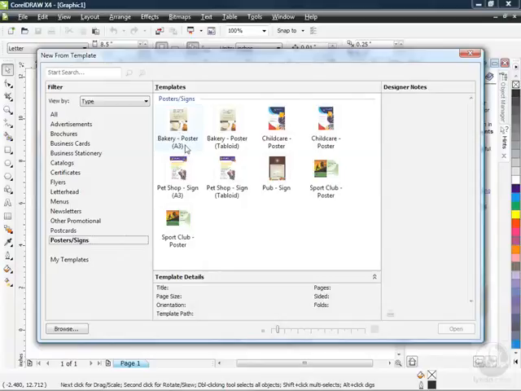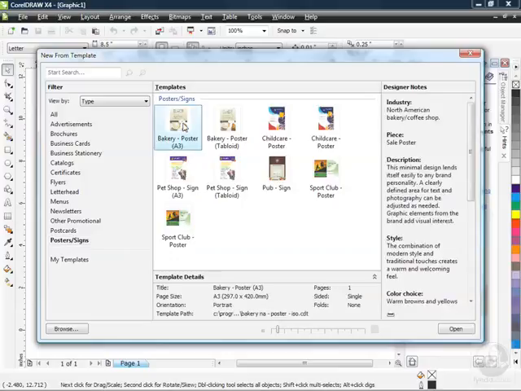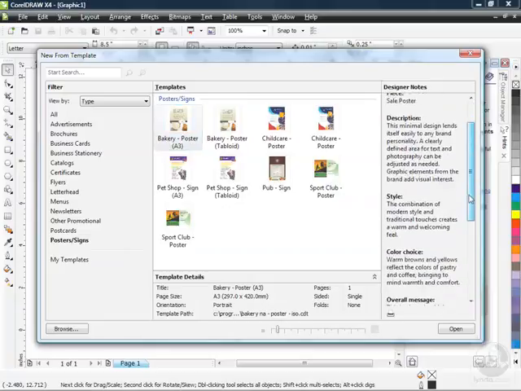Here's one that represents a bakery type layout. And if I click on it, I'm going to see that additional information over here on the right. So the industry, North American bakery or coffee shop. You can see the piece is a sales poster. The description shows up down below. The style, combination of modern style and traditional touches, creates this warm and welcoming feel. So it's all set up for you with style,